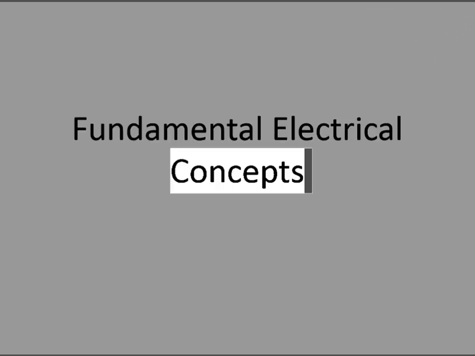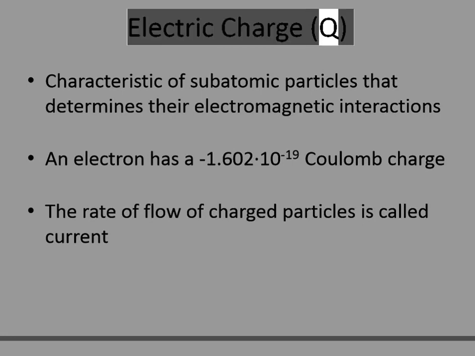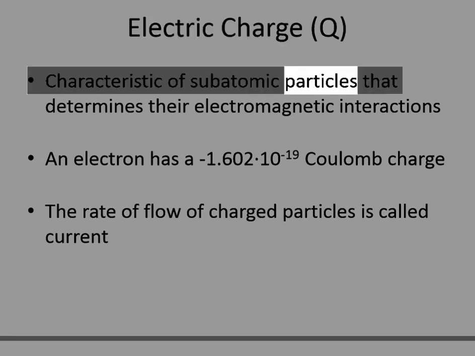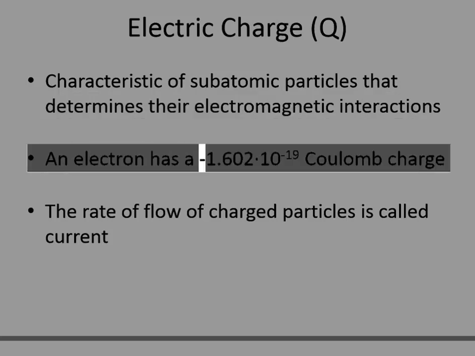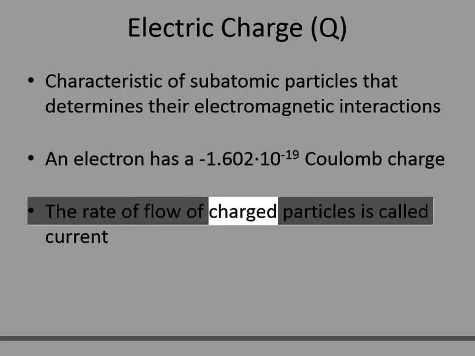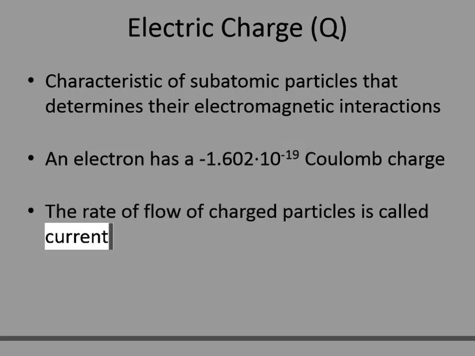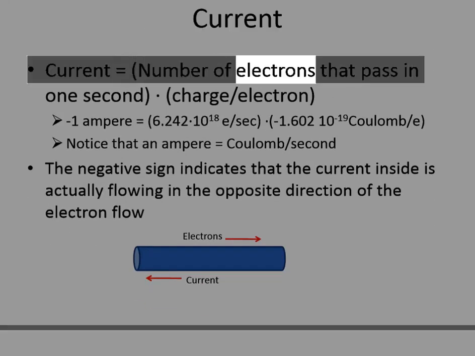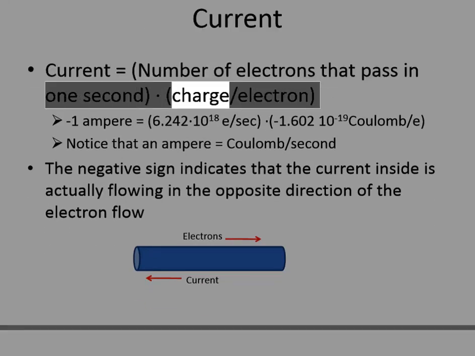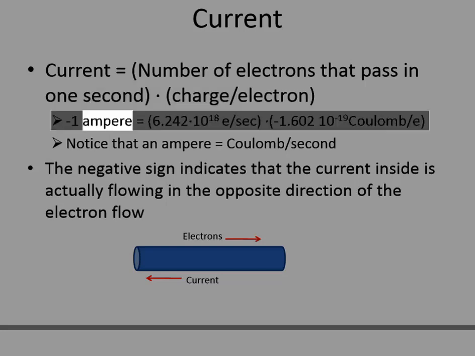Fundamental electrical concepts. Electric charge, Q, is a characteristic of subatomic particles that determines their electromagnetic interactions. An electron has a -1.6021×10^-19 coulomb charge. The rate of flow of charged particles is called current. Current equals the number of electrons that pass in 1 second times the charge per electron. 1 ampere equals